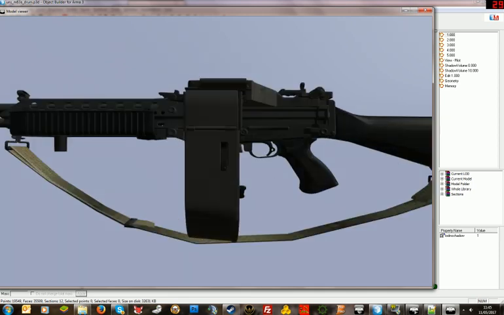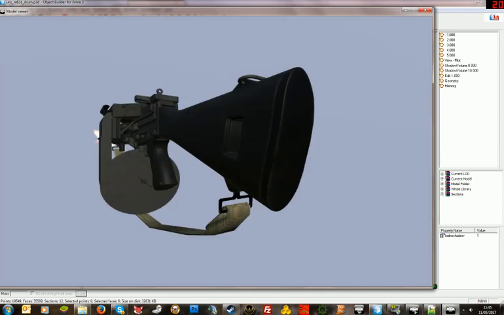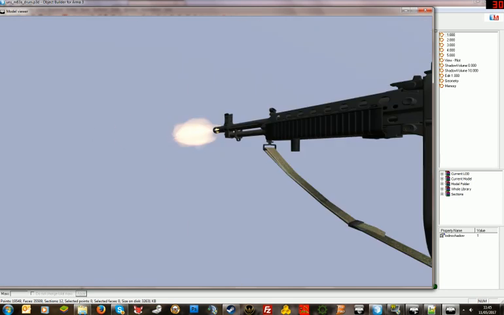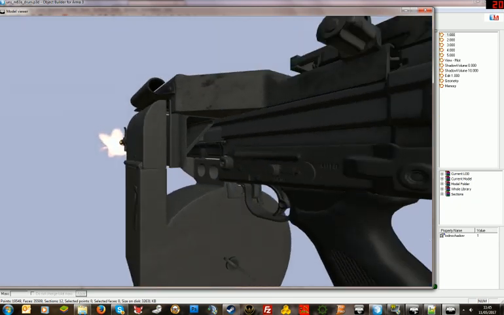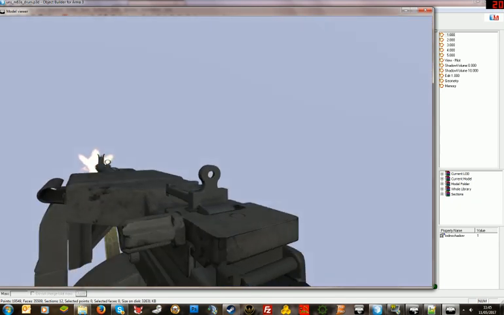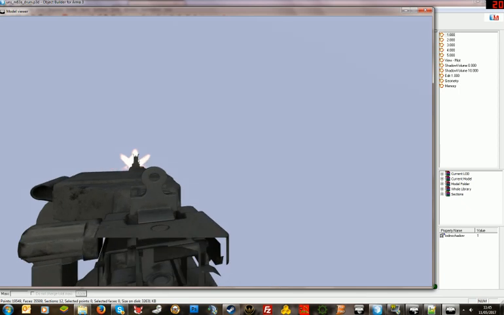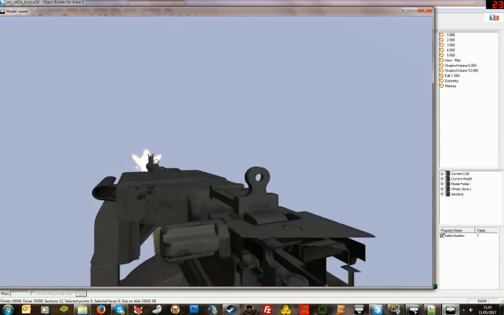Taking a little time to get started. There's our lovely stoner weapon. Holding control down makes it move a bit slower. Okay, so let's press enter, and then we move to our